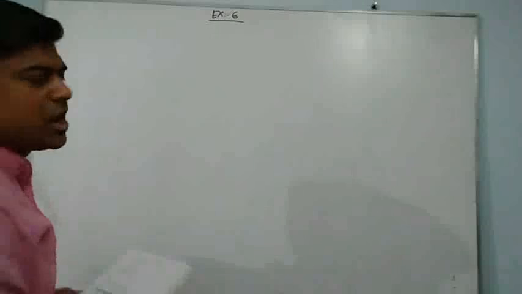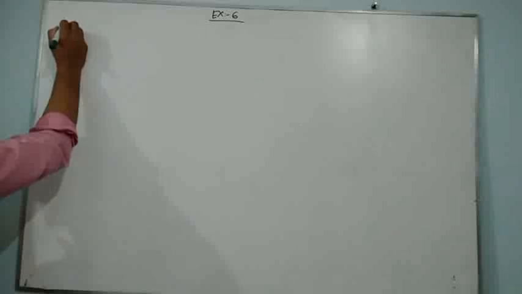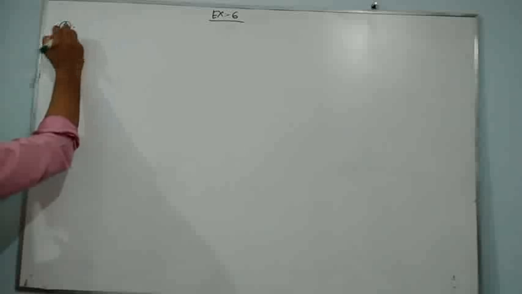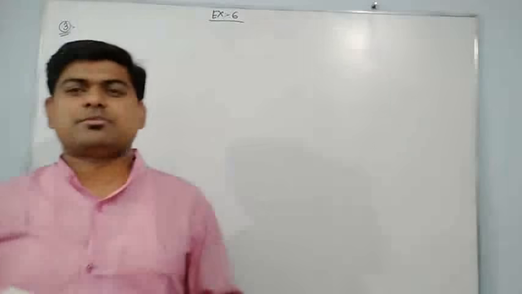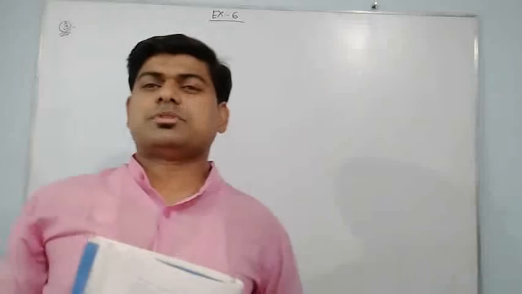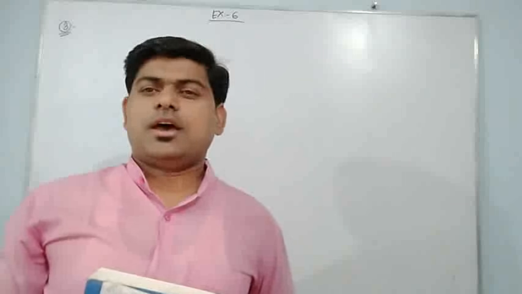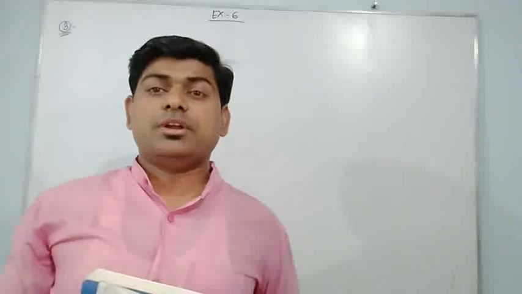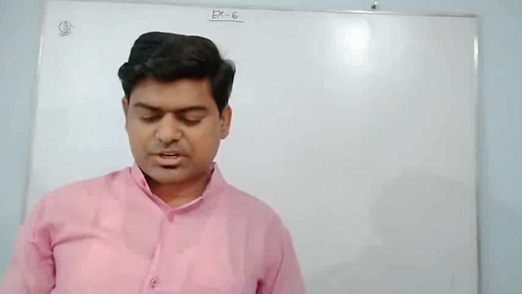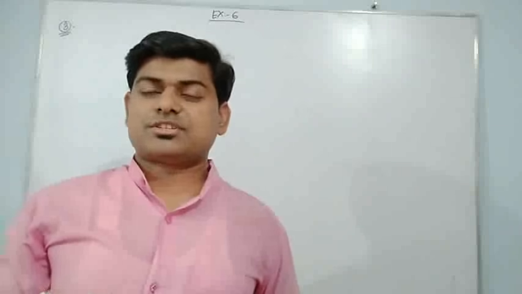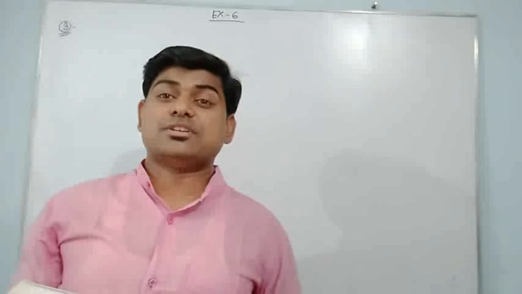And question number 3 I am going to write here. You can see question number 3. Again I am just reading the question. What has the question given? The sum of the two numbers is 43, and if the second number is doubled and the third is tripled, then their difference is equal to 36. Find two numbers.